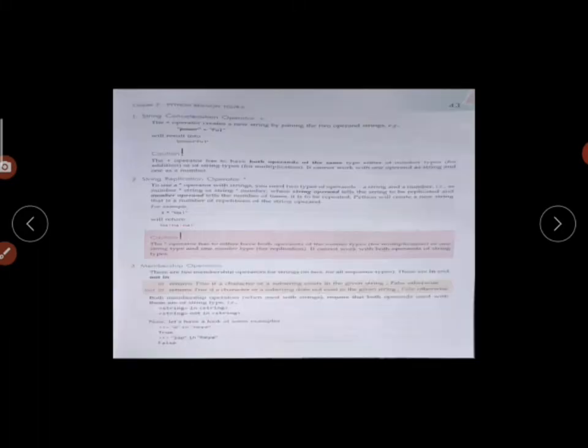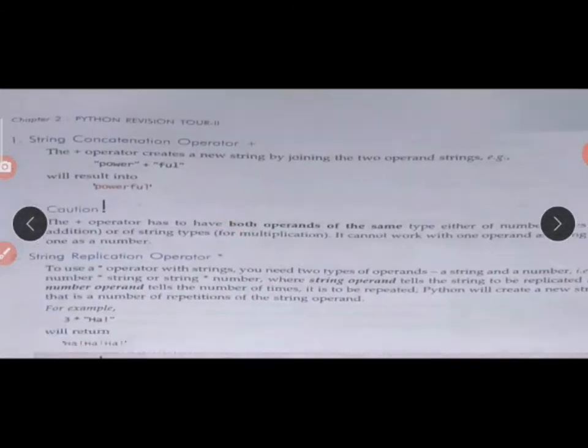Next, here you see the string concatenation operator. Concatenation means to add two strings, where one is 'power' and another is 'full'. Those are added with the addition operator.